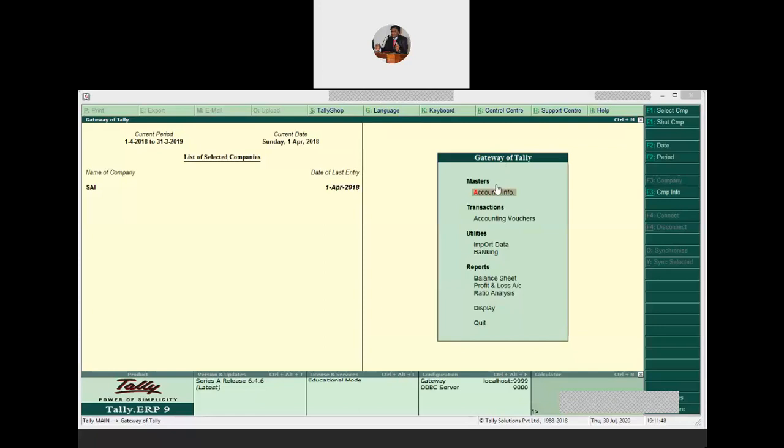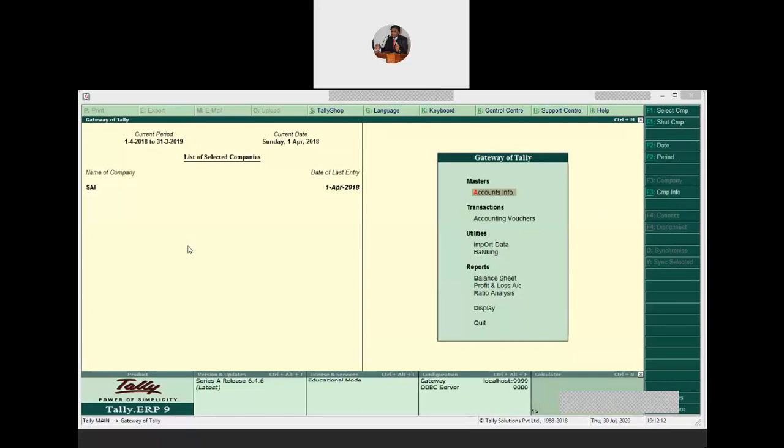Now we are in gateway of Tally, accounts info is highlighted here. So here it is showing as F1, Alt F1, F2, Alt F2 and Alt F3. Once we navigate to the other mode of the screen, then the vertical button bar will be different. So it differs from screen to screen. F11, F12. Regarding these two, we will be learning in the upcoming videos.